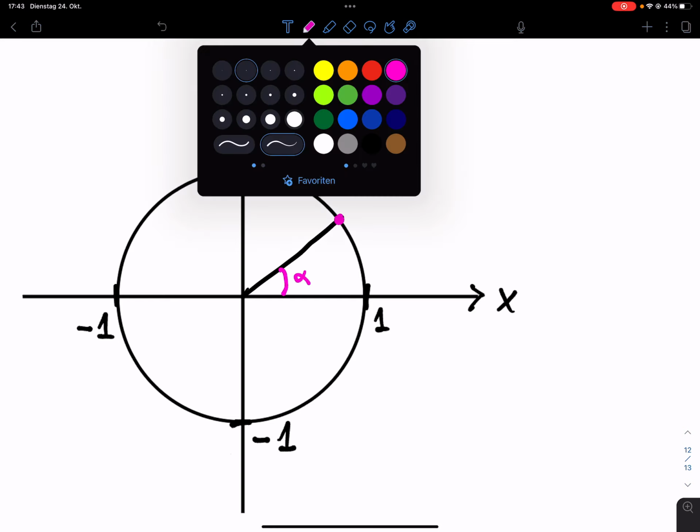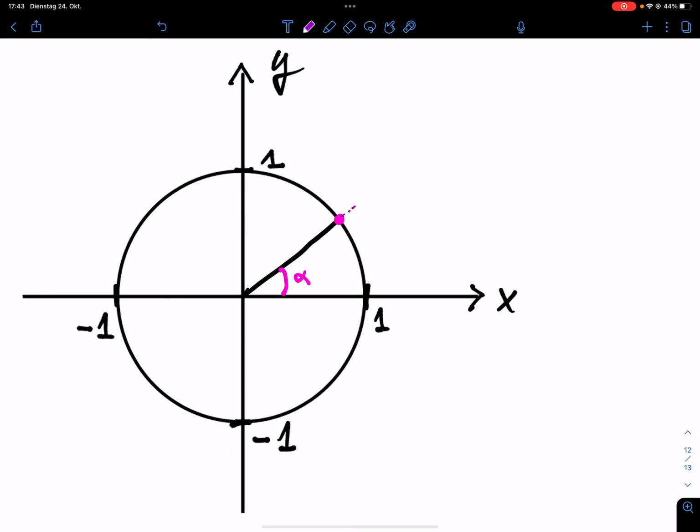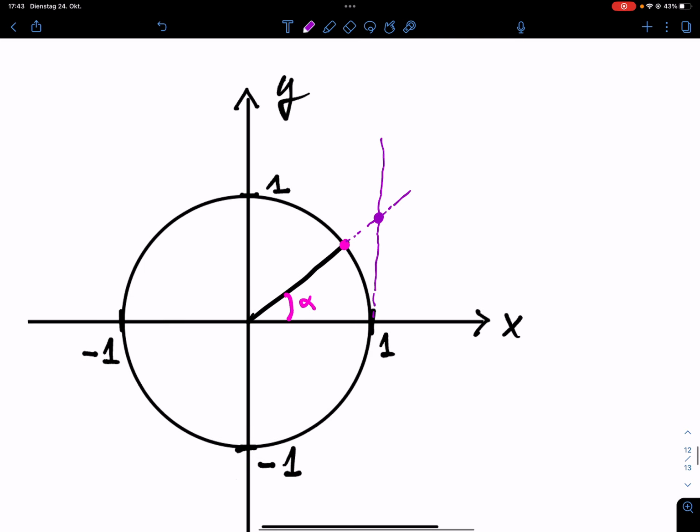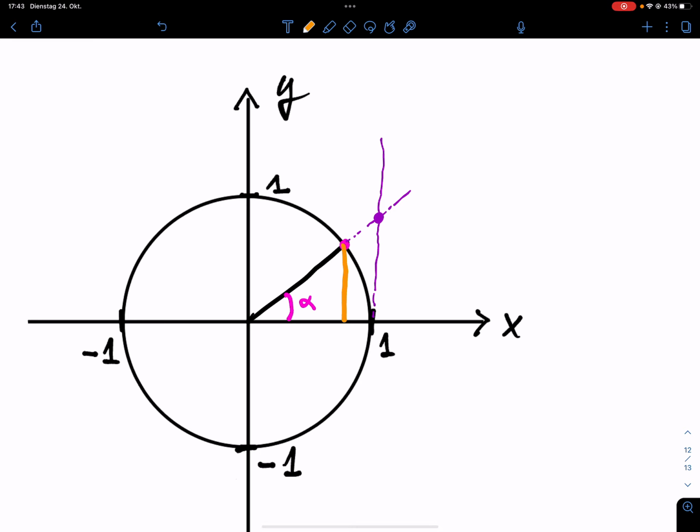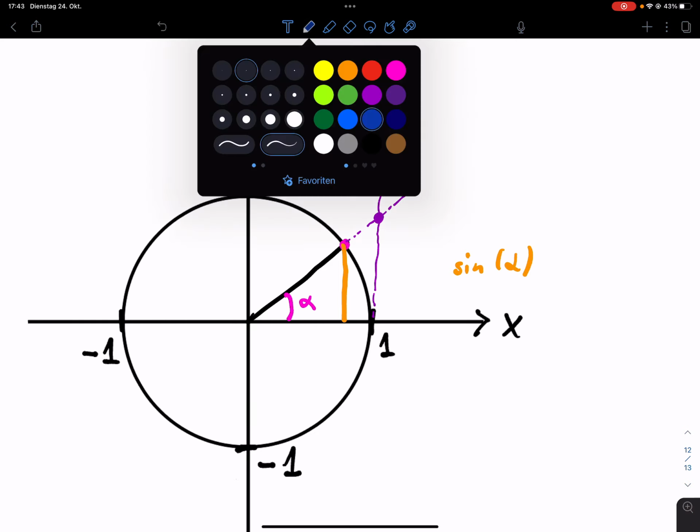What you can do here is you can imagine you prolong this up until it hits this vertical line here, giving you a new triangle, and that way here you know that now orange is sine of alpha, blue is cosine of alpha, here